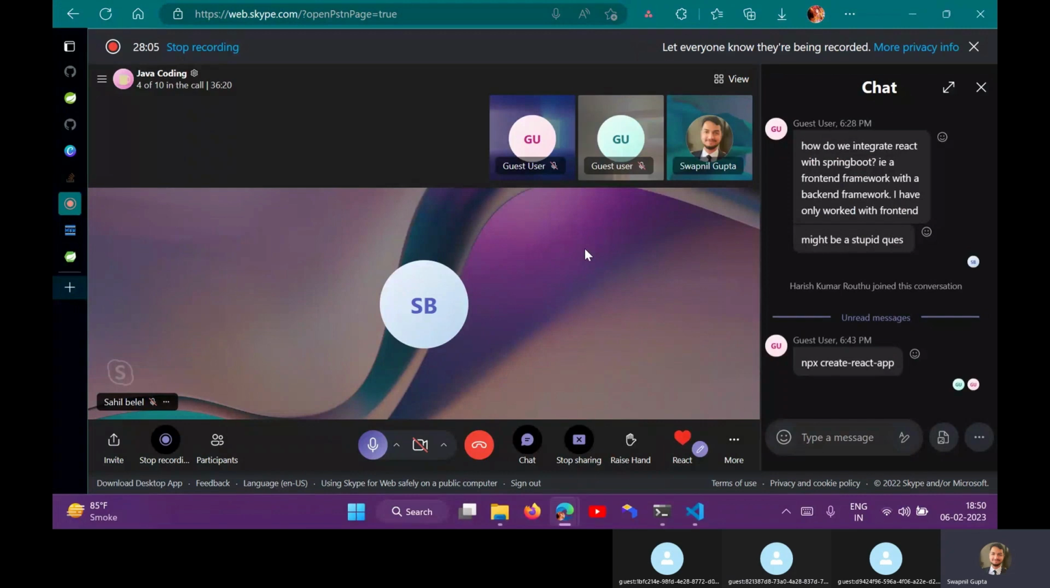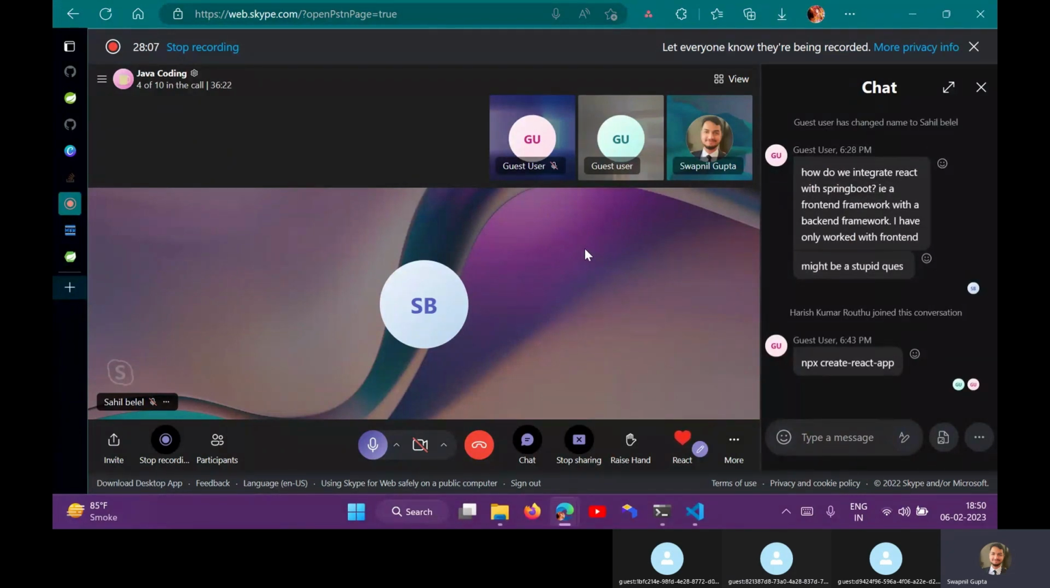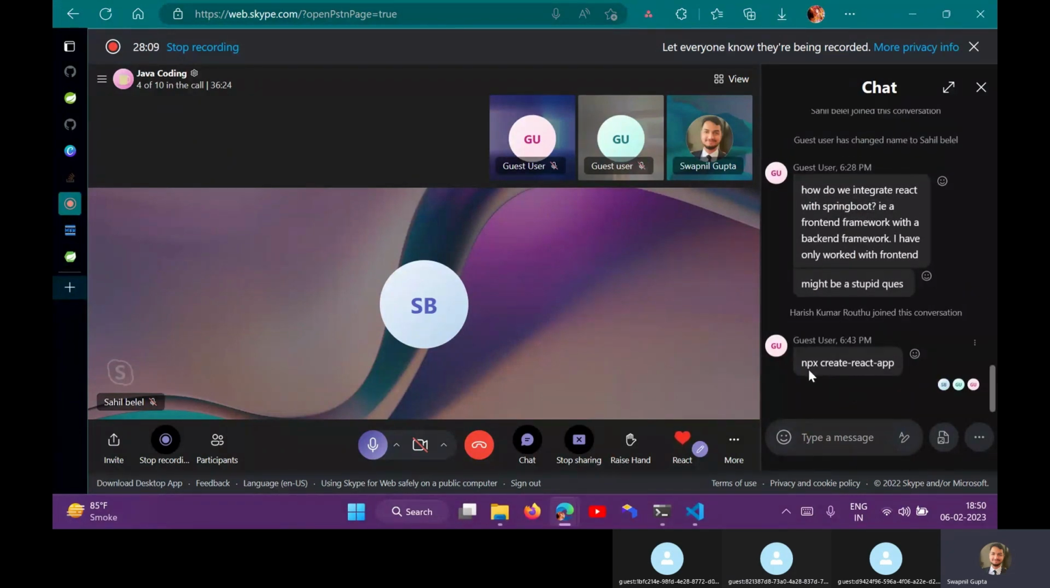So any doubt till now? Is there any question? Yeah, someone has written npx create-react-app. So npx is basically an npm package runner that we use, like you see there,